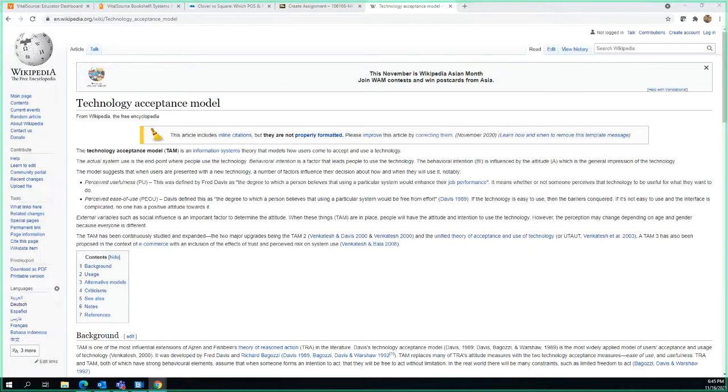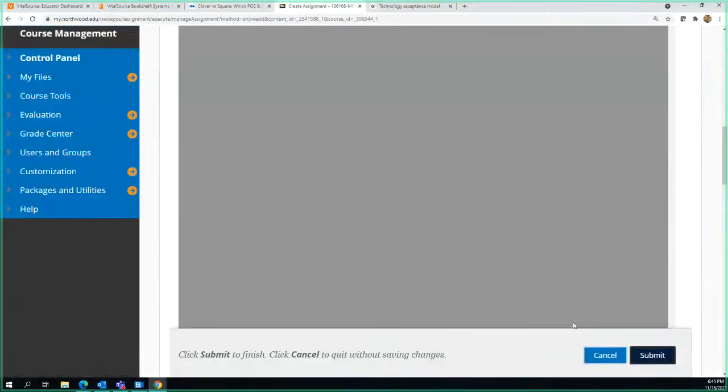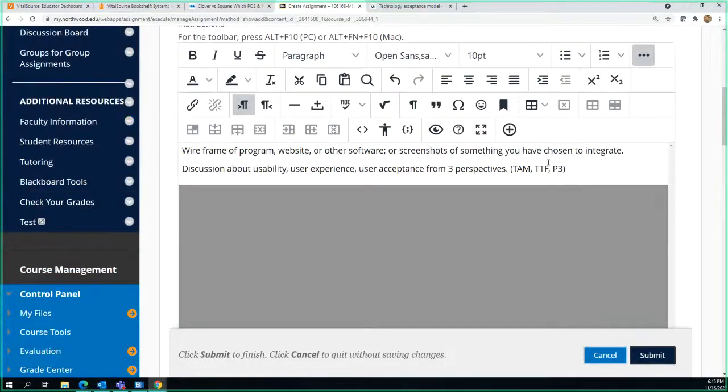These are just tools to help you. And there's that. Okay, so now in our folder, you should now have that. Okay, so that info is provided.